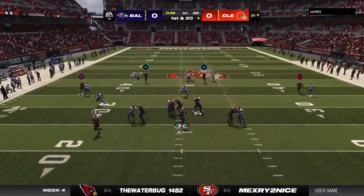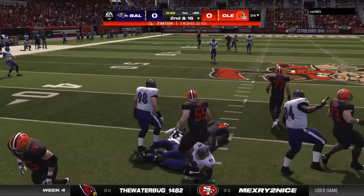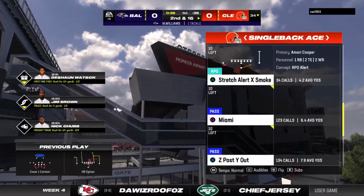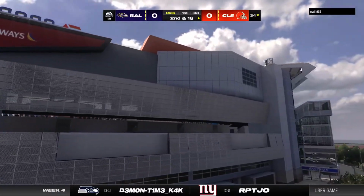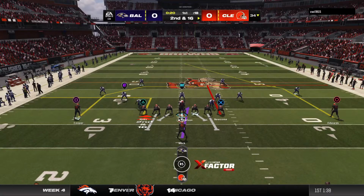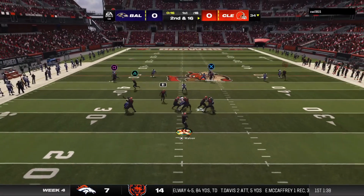Now Watson. Dancing to his left. And he's brought down at the 34. Call it a gain of 4. That's an early scramble that can be viewed positively by either side. From the offensive point of view, it begins to establish him as a possibility to keep it on certain plays. And defensively, they avoided giving up a huge play in one of their first tests in containing a quarterback on